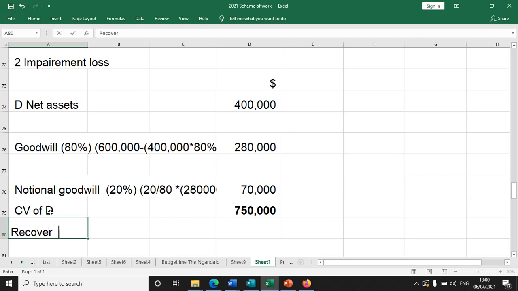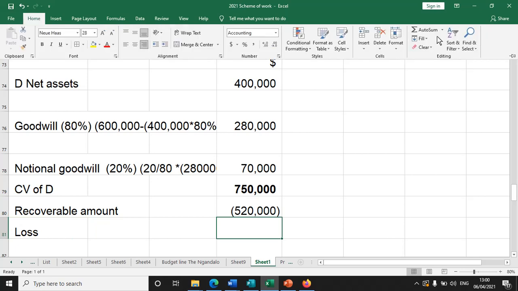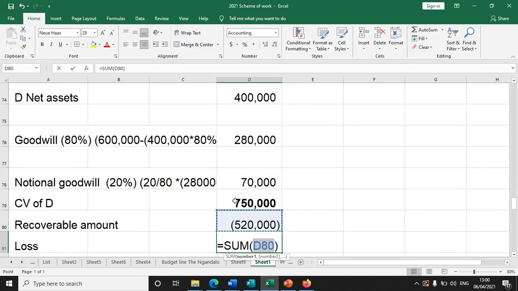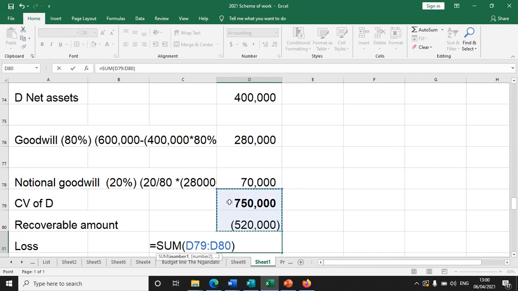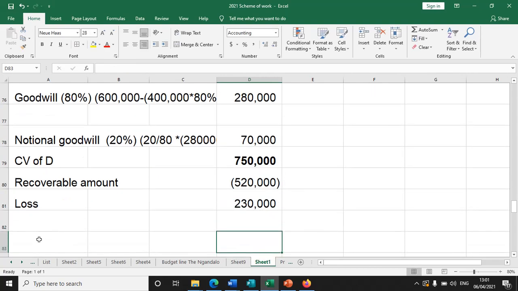Our recoverable amount of the subsidiary is standing at 520, and therefore the impairment loss is the difference between that and the 750. So now this 230